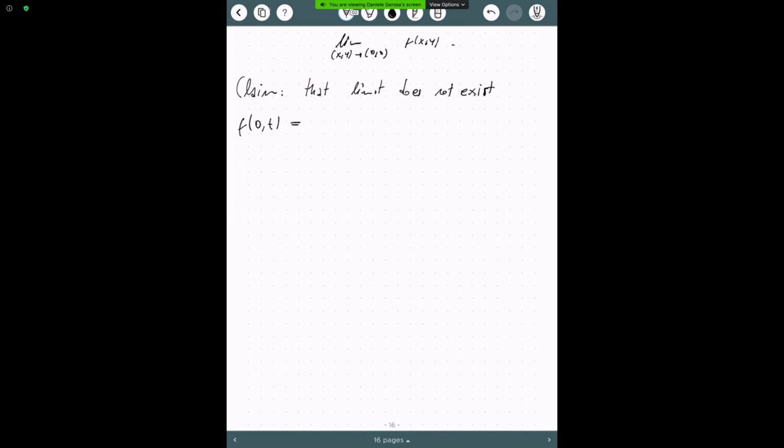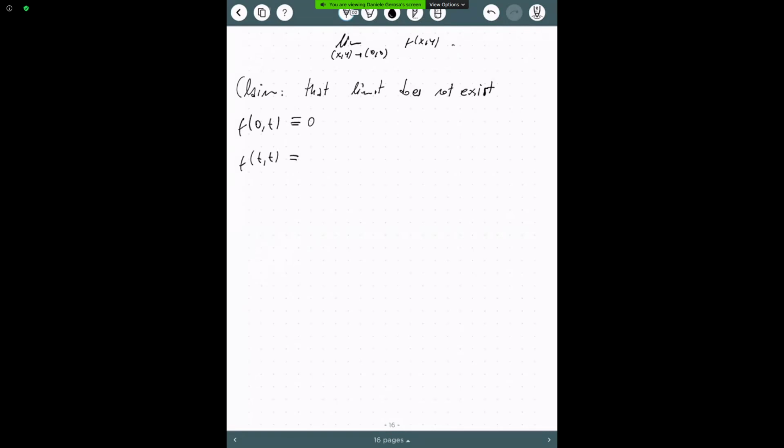So my claim is that that limit does not exist. And let's see what happens along 0t. At 0t, you have exactly that. That's constantly equal to 0, right? While if you try along